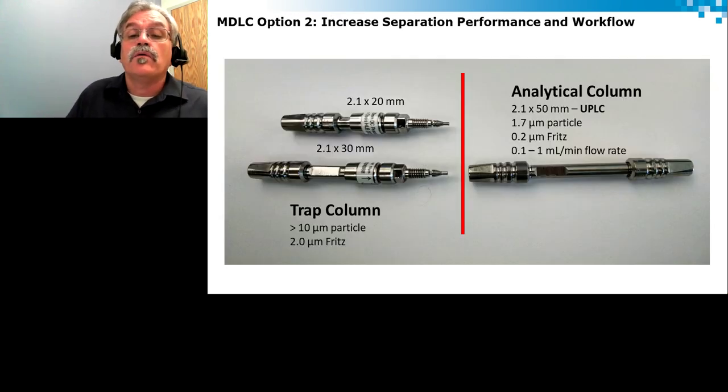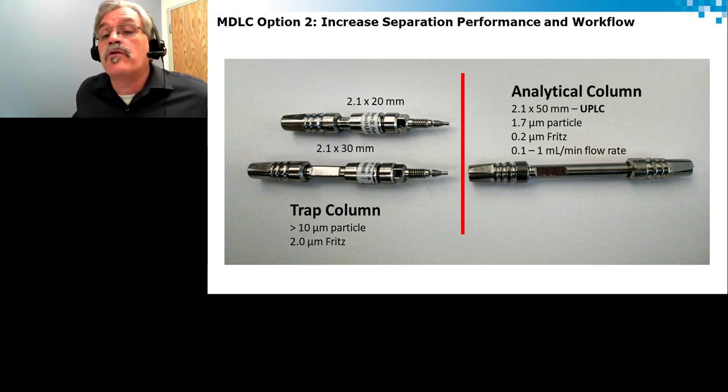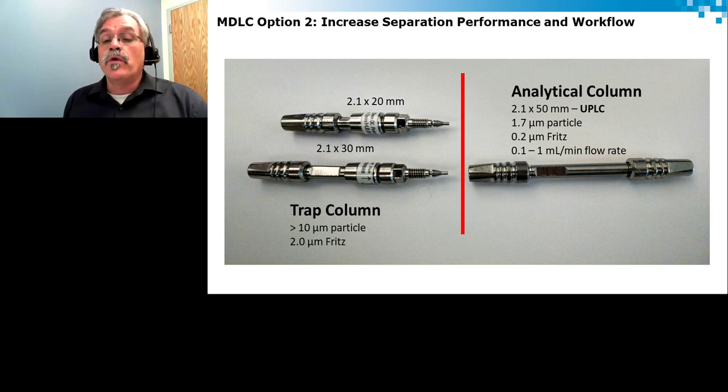Now, the second option with multi-D is to increase the separation performance and the workflow. In this case, we will add the concept of what we call a trap column. A trap column is different from an analytical column in a sense that, first, the hardware is exactly the same. The only difference is that we have what we call a direct connect, with which we can reduce some of that volume, but the predominant aspect is the particle and the sorbent that these trap columns are